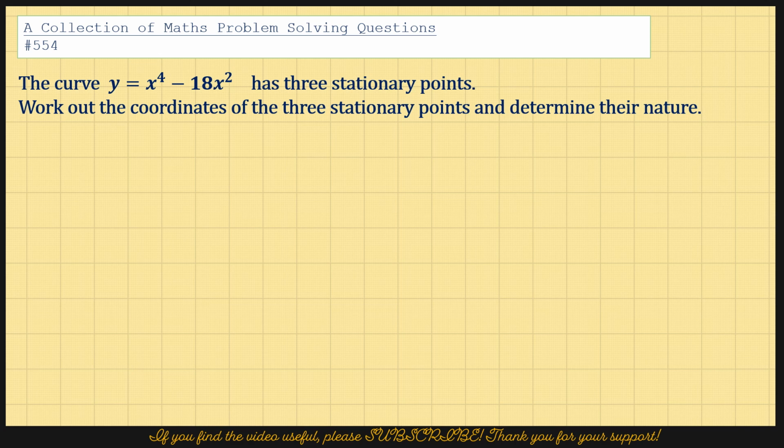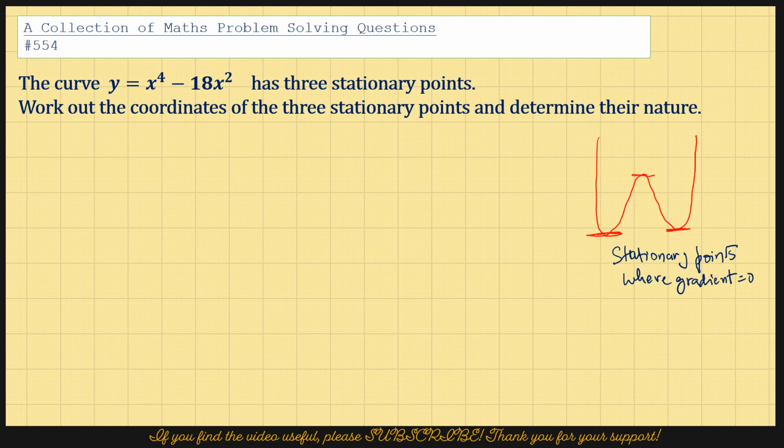the curve y equals x^4 minus 18x squared would probably look something like this. And the stationary points, the three stationary points, would be 1, 2, 3. So these are the stationary points where the gradient is 0. So if I say stationary points where gradient